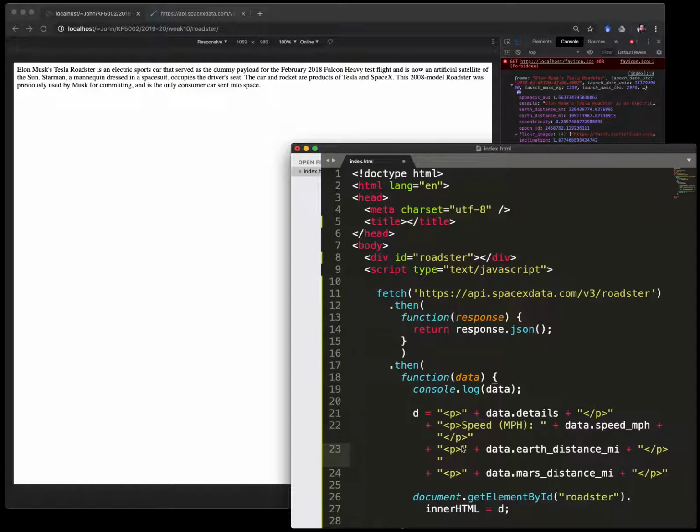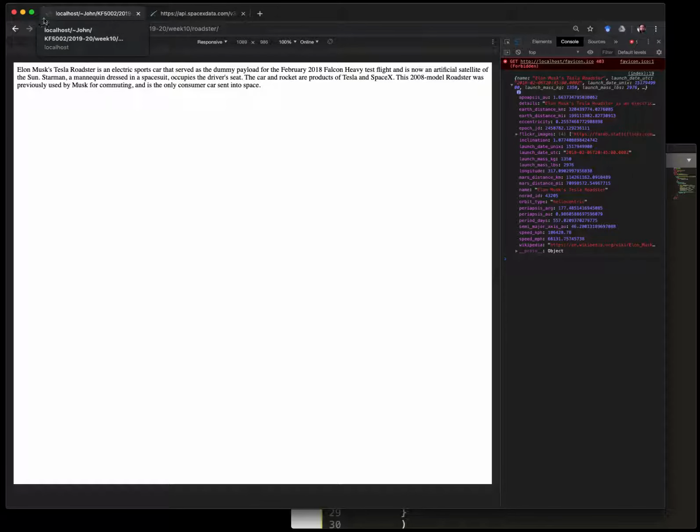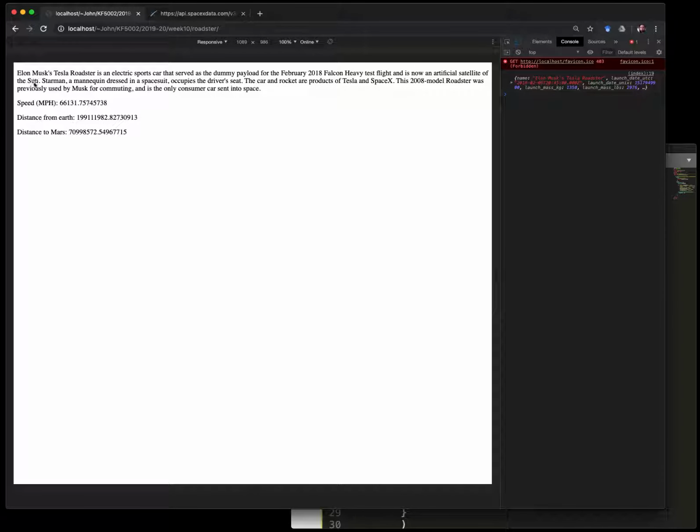And this one is going to be distance from Earth. And this one will be distance to Mars. Okay, we're going to need a semicolon. And let's just see what that looks like now. There we are. So we've got the details, we've got the speed of the Roadster, the distance from Earth, and